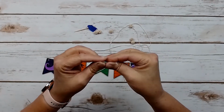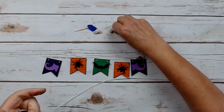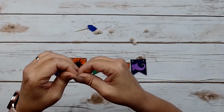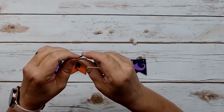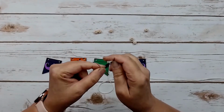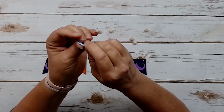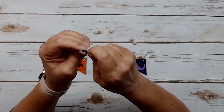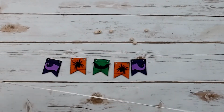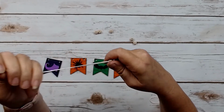I'm going to take my string, and it's quite long, so I'm going to double it up so it will be nice and strong, and I'm going to make that little needle at the end. So I'm taking my toothpick and lining it up with the end of the strings, and then I am taking my piece of tape and winding it around the very tip of that toothpick, getting it nice and tight, and then I'm going to string through the first little bead, and